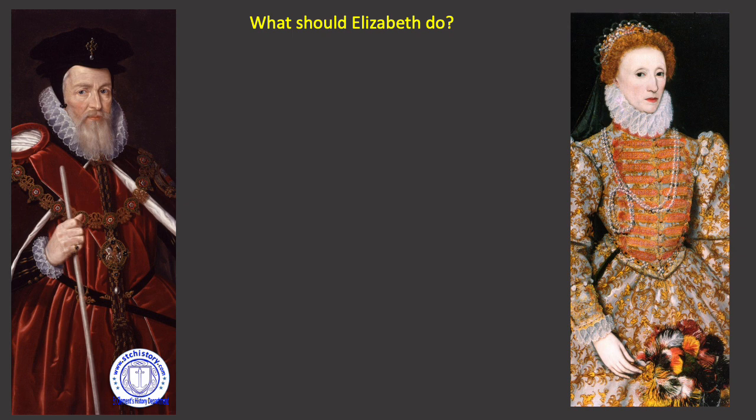That's the point. So let's think for a second, this next part of this lesson. Let's pretend that we're in the Privy Council. So you're going to be William Cecil. There's going to be a little conversation between Cecil and Elizabeth. You can make some notes in your book about what you think we should do and why we should do it.